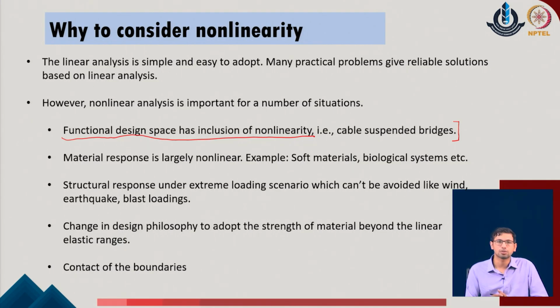Now, secondly, there may be some of the material requirements which may also require us to keep the inclusion of the nonlinearity in the given problem. Say for example, we are going with the soft materials, say rubber based materials. Many of the computational models of the tire materials are typically done. So, if someone is trying to model the material like tire or the rubber materials, then one has to consider the nonlinearity, because the material response will no longer remain linear. In fact, the material response can be very different with respect to different viscoelastic or other kind of material models as well. And in those scenarios, the inclusion of the nonlinearity in the problem becomes much more important.